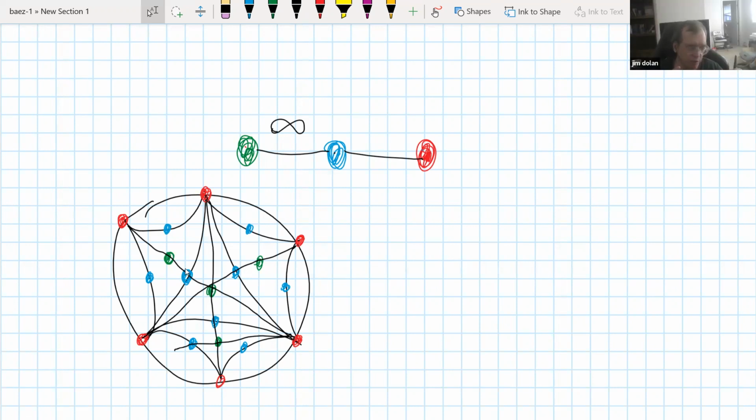The sense in which it's controlled by that is just that you just have to draw this little triangle complex where all the vertices are blue and red and green. And that's this picture of the modular curve. That combinatorial information is all you need to know about the modular curve.